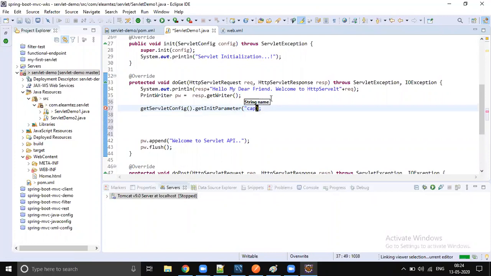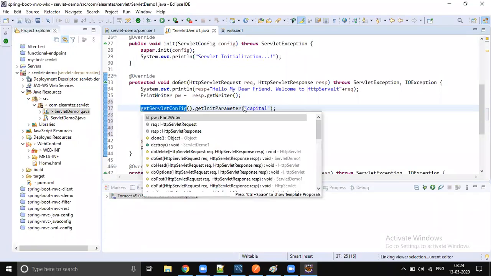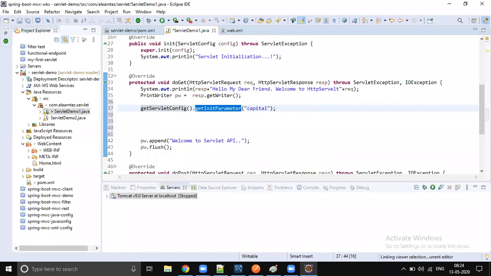Hyderabad, right? So when you call get servlet config, get init parameter, you will get the init parameter which is configured. So I just print this directly, system.out.println. So you're gonna get Hyderabad, right? So you access through servlet config, which means that is servlet init parameter.